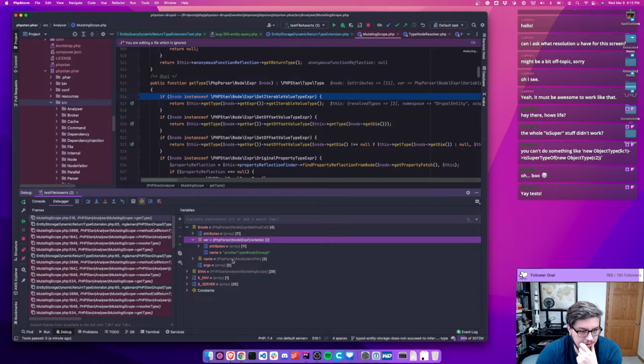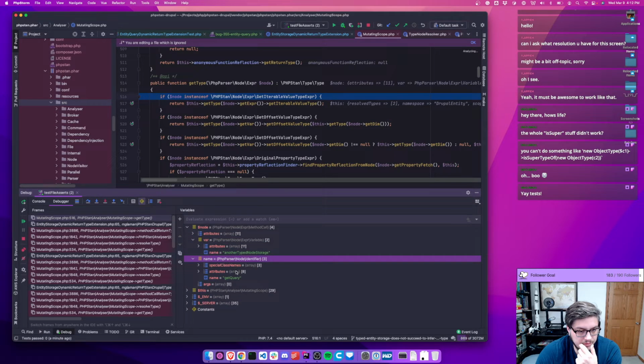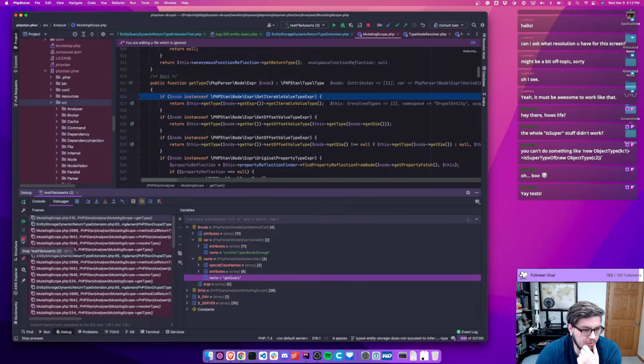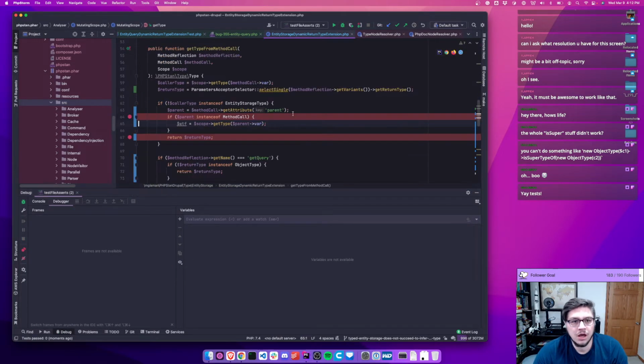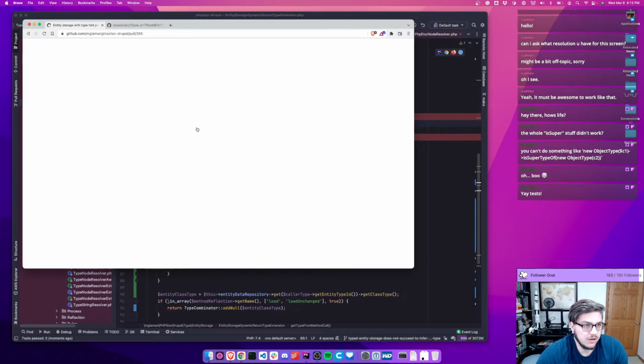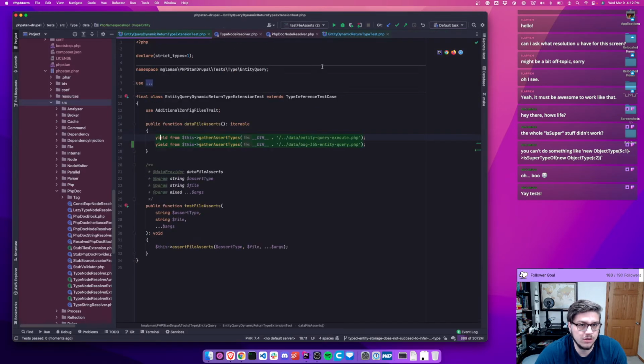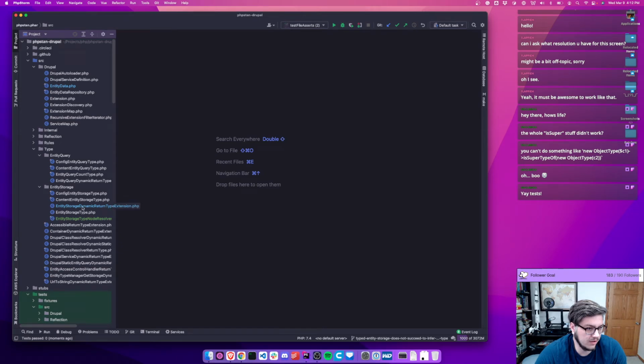Node variable. Yeah, because it keeps and get query. It keeps just looping around. Well, that went absolutely nowhere. I'm not going to delete anything,